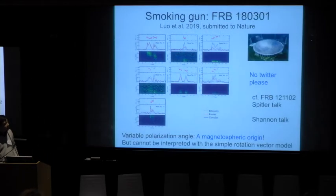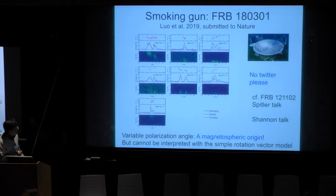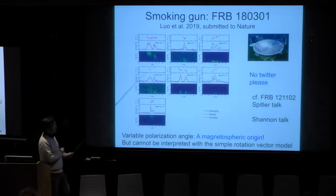Okay, so these are smoking guns to me. So no Twitter, please. The paper is still being reviewed. So this is the fast repeater. It was originally detected